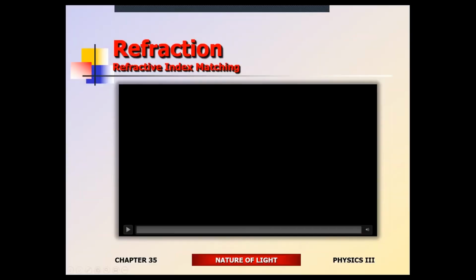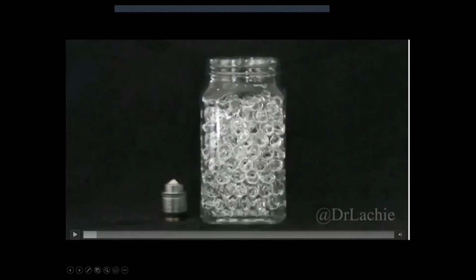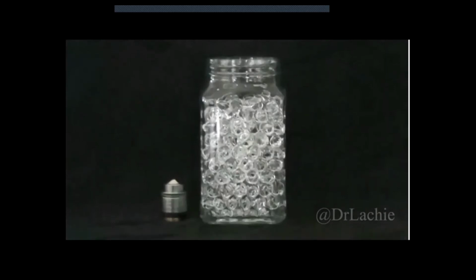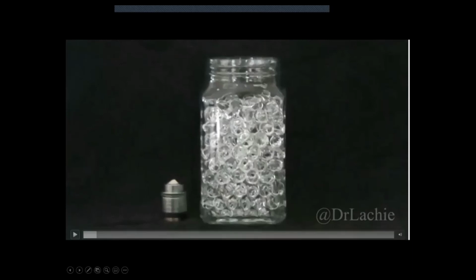All right, now this experiment. Okay, guys, so index of refraction matching. All right, so which means that the light doesn't bend through both materials, or more like it's going to bend the same amount through both materials. As a result, the second material becomes invisible.